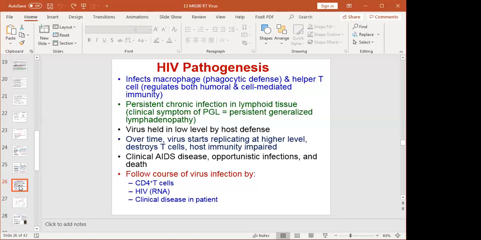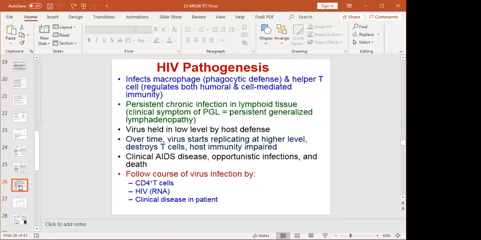Even though virus is in the lymph nodes, virus is held in low copy numbers by host defense mechanisms. Unfortunately, over time, virus resumes its replication at a very high level. It destroys its hosts, which are T cells and macrophages. Therefore, host immune response is compromised. This is the time that we see clinical AIDS disease,